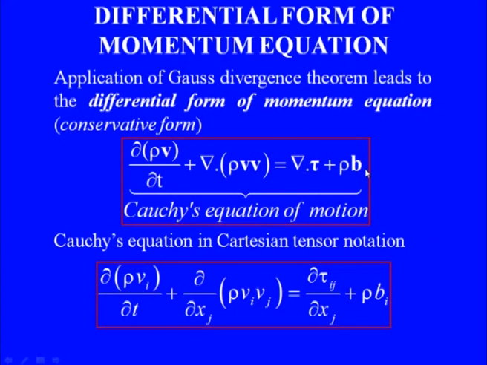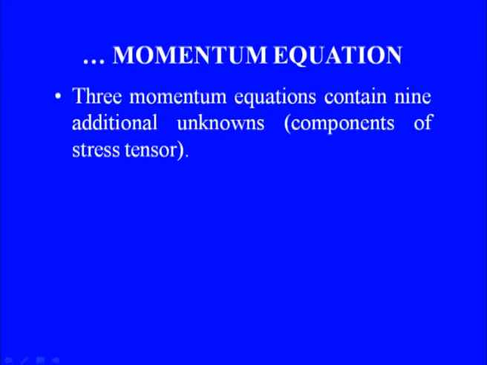So, this B is absolutely no problem, B is known to us, but as far as stress tensor tau is concerned, it has got at least 6 unknown components or 9 unknown components if we do not account for the symmetry. So, we see that there are 9 additional unknowns, that is the components of stress tensor,